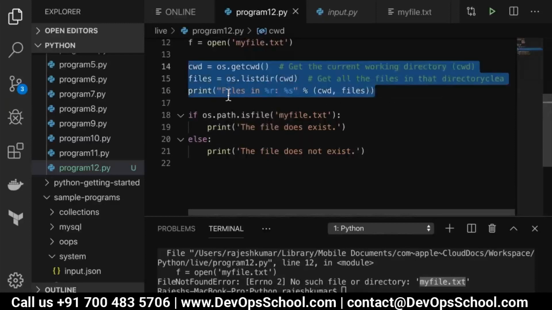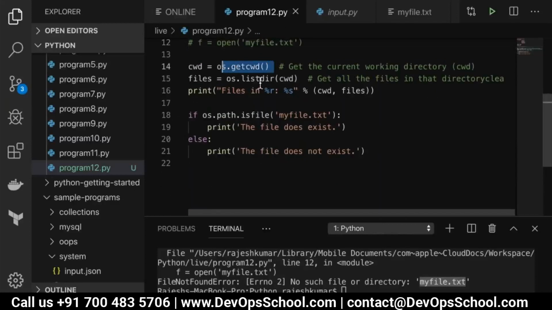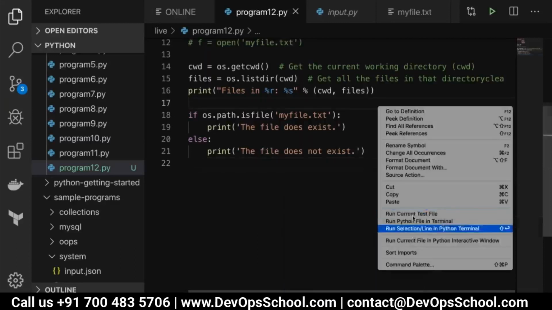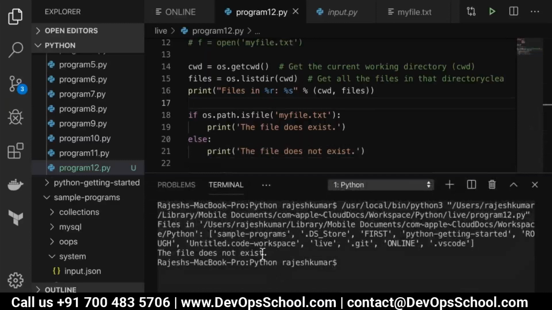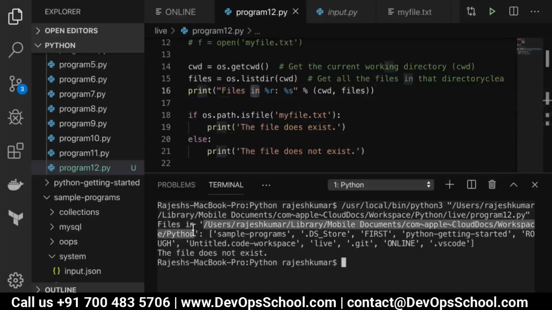So basically, using this method, I will come to know, okay, this I'll comment right now, what my current directory is and how many files and directories are over there. So now I delete the output and run one more time. And see here, my current directory, the files in this directory. So if you understand this, my current working directory which is considered in my IDE is